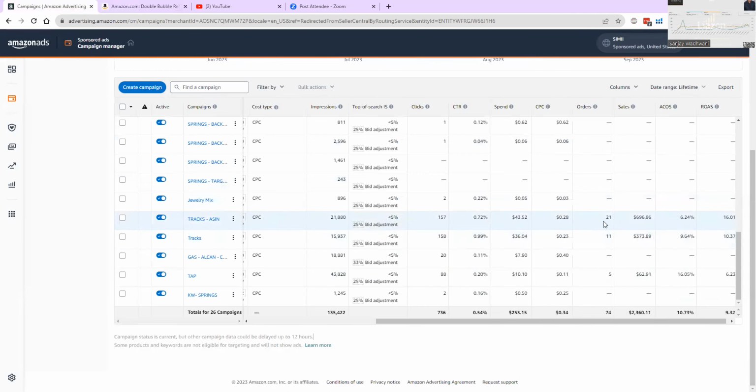Now look at this particular campaign. 21,000 impressions. It's not that high as I was hoping it would be, but based on the impressions it's getting, we're getting less than 1/10 of a percentage. But this is just the beginning.